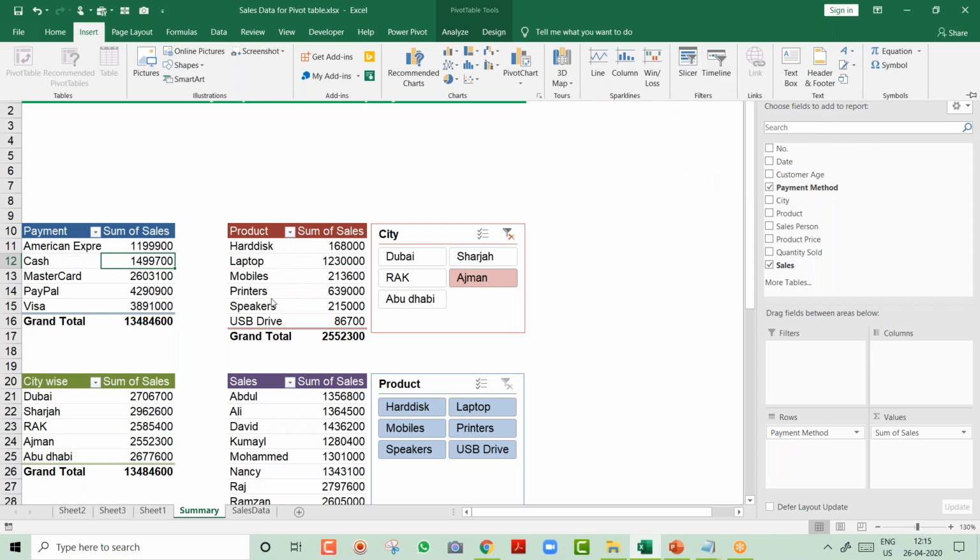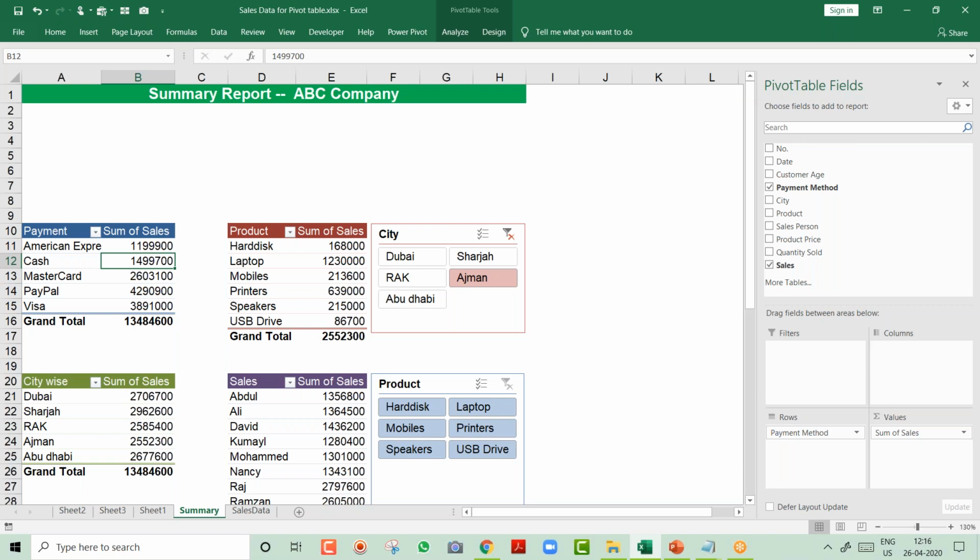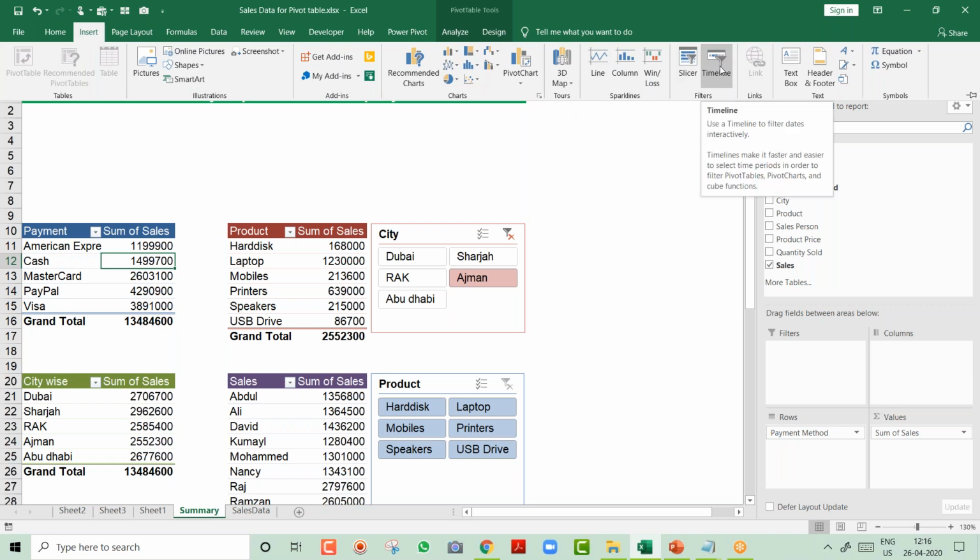So here, all the reports are of all the years. If you look at this American Express sales or hard disk sale, this is of all the 15 years from 2005 to 2019. But your manager says, boss, I want to see yearly sales. I don't want to see the past. So no problem. I go to Insert and I say timeline. Please pay attention. I'm inserting the timeline on payment, not on the other one, because I have to explain one very interesting thing.